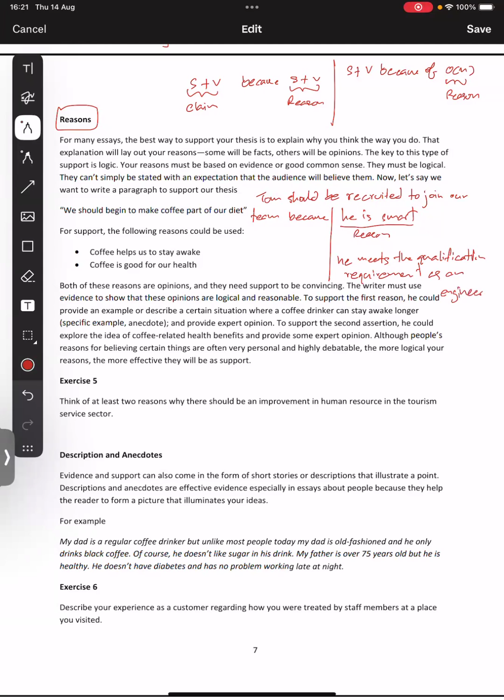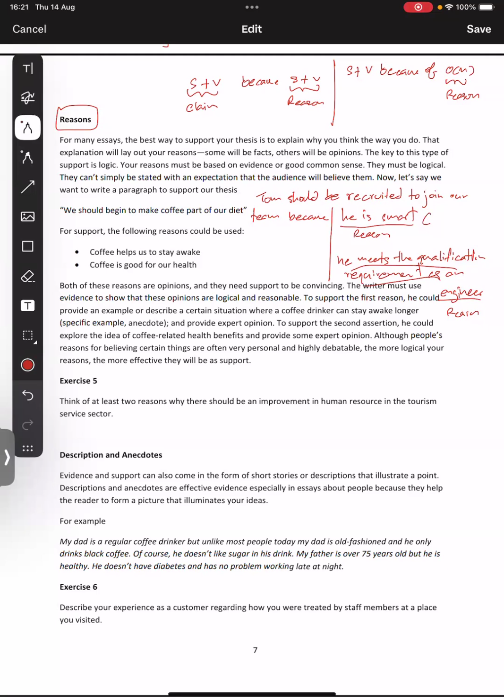All right. Now, both are reasons. But the one that will stand out would be the second one, not because he's smart, because